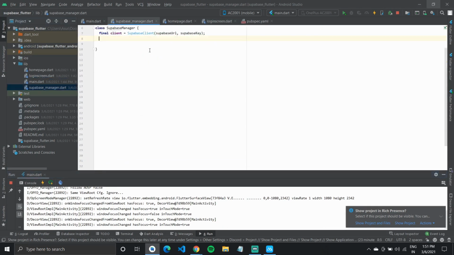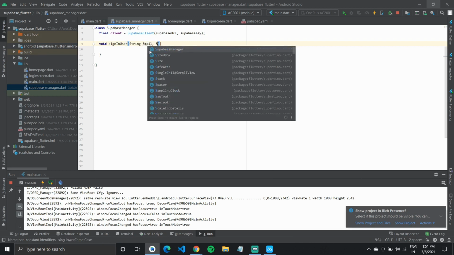So how do we authenticate our user? Let me just create a new function called sign in user, right? What this does is this sign in user should take in an email and password, string email and string password.